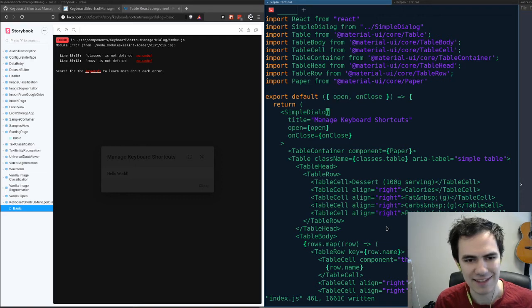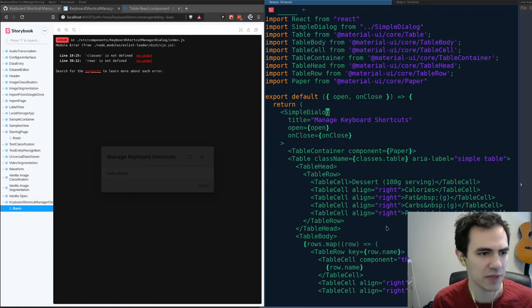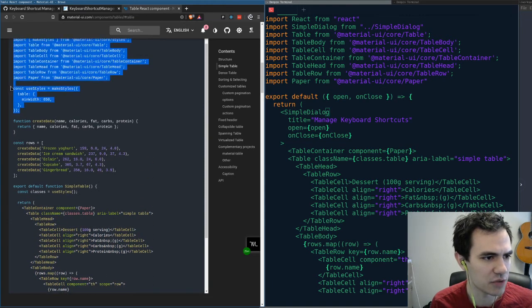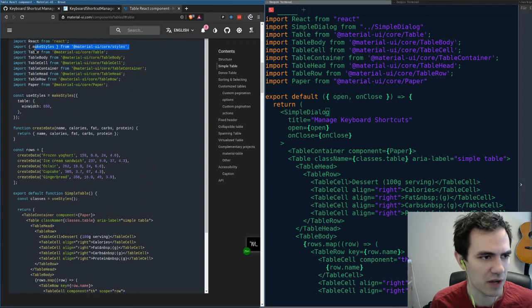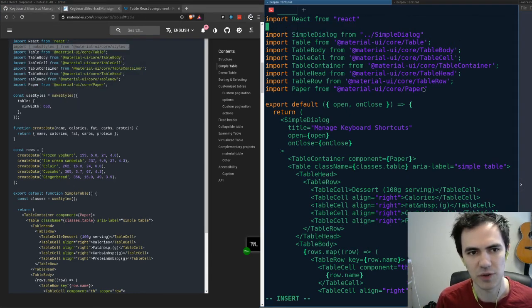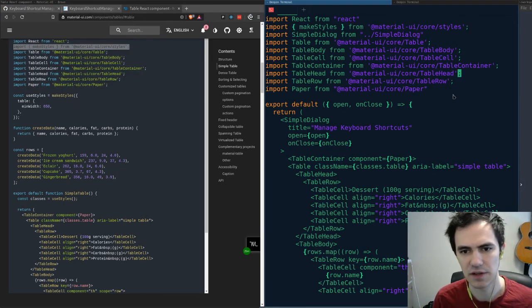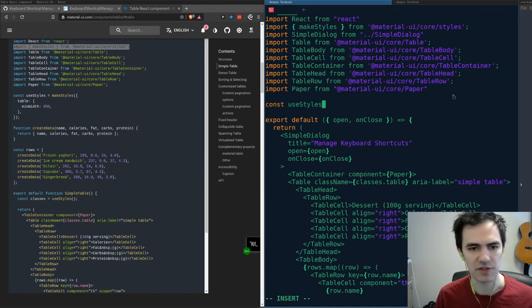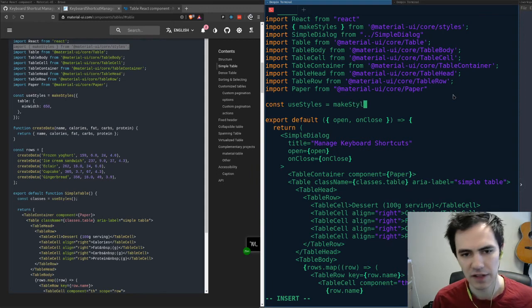It says classes is not defined. Yeah, so it looks like there was some styling on these. I'm just going to remove that for now because actually, I guess we can keep the styling. So let's see how they do the styling. They use useStyles, so I'll have to import that as well. So for useStyles, you import makeStyles. So this is one of Material UI's many styling solutions. We could also use styled, which is another way to do it. It's also part of Material UI. They all kind of end up being very similar, but